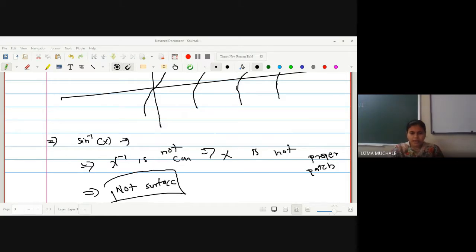So just try to find out all the images of a sine inverse function, trigonometric function जितने भी आपके sine inverse, cos inverse, tan inverse, cot inverse, whether they are continuous in the provided domain, what is their derivative. You have to check out what is a domain, what is a codomain, किस domain में वो continuous है और split कहाँ पे होते हैं. You have to check these conditions. Okay.